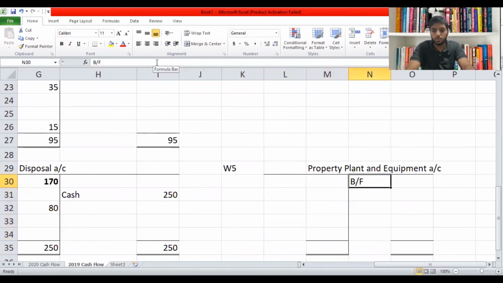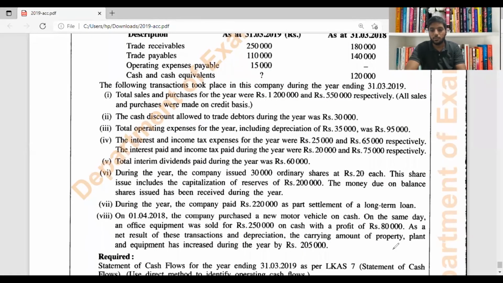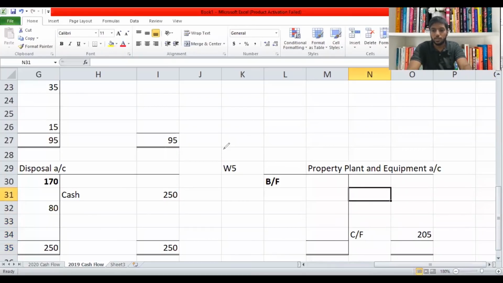Sorry, brought forward should be on the debit. It's a non-current asset. Brought forward and carried forward. We don't know what the brought forward balance is because it is not given. But they have said that the value of the carried forward was 205, because it has increased to 205. You can see on the last line they have said the carrying amount of the property plant equipment has increased this year to 205. That's the final balance I will consider, because that's the last year balance they have given, 205, on this side. And we had a disposal, which we already found out, which was